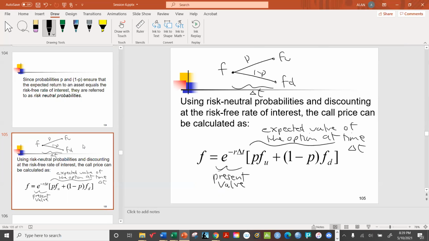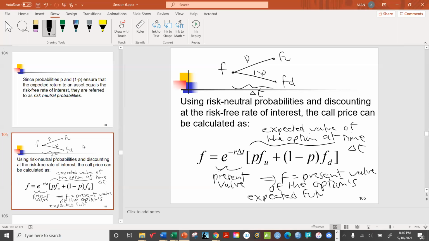So what we're doing is we're pricing the option as we said before. So F equals the present value of the option's expected future cash flows. Which is what we said earlier, all assets are priced this way, the present value of the option's expected future cash flows. But by using the risk-neutral probabilities to come up with that expectation, we can discount the cash flows with the risk-free rate of interest. If we use the real probabilities,